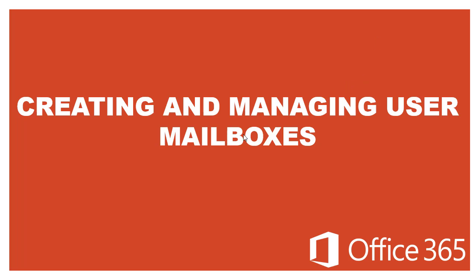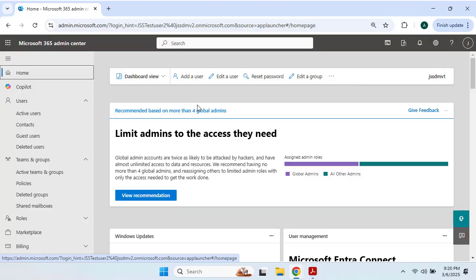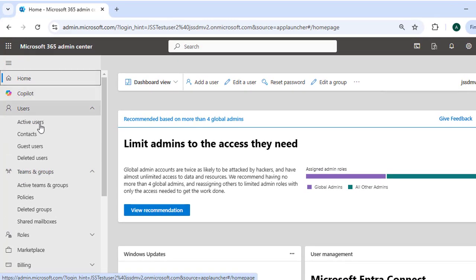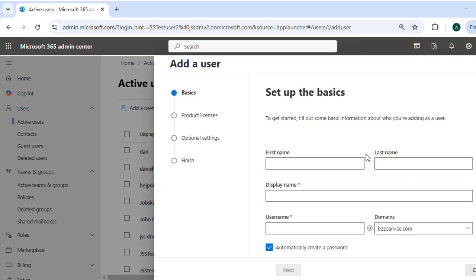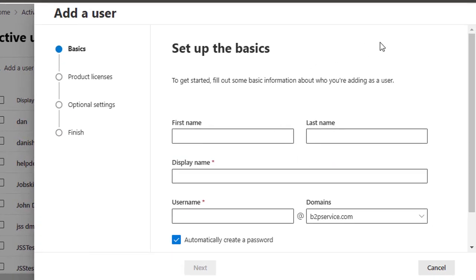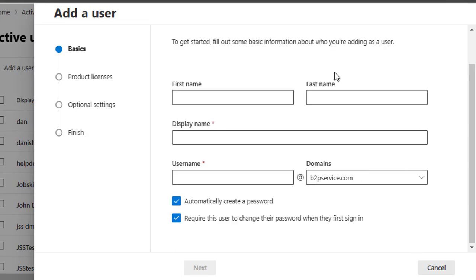So let's log on to the Microsoft 365 Admin Center, and we have already logged in here by using our credentials. And here on the left you have a few options. If you want to create a new user mailbox in Exchange Online, you need to log in first with your administrative credentials, and then navigate to Users, click Active users, and there you will add a user. You need to add some basic necessary details regarding the user, like the display name, username, and domain, and ensure that you assign a product license that is necessary to have the user mailbox in the Exchange